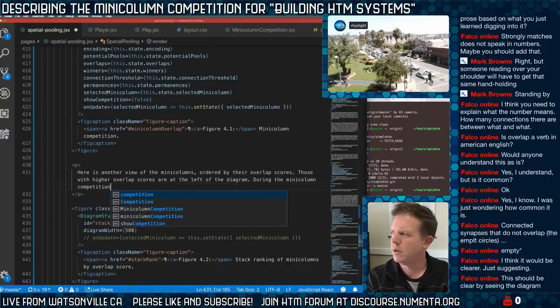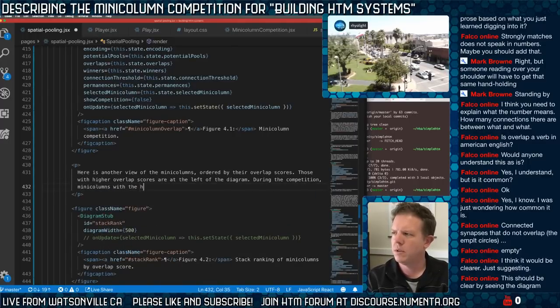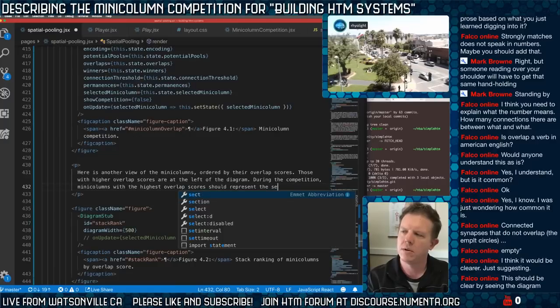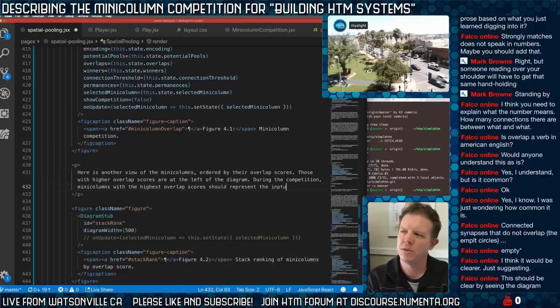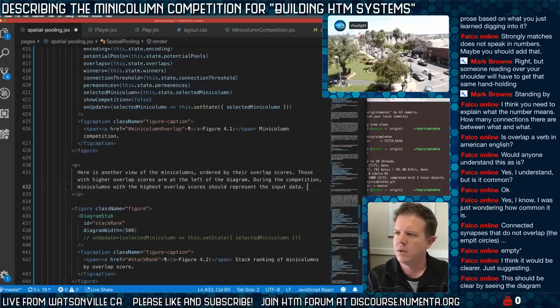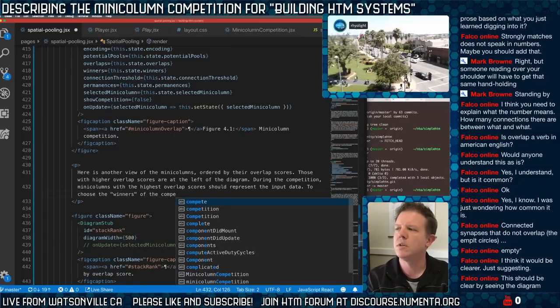During the competition, mini columns with the highest overlap scores should represent the input data for this time step. To choose the winners of the competition,